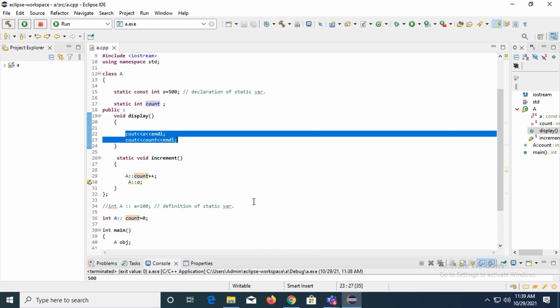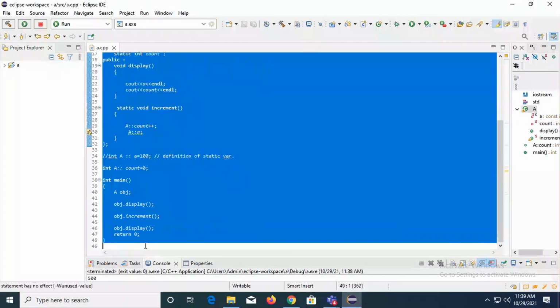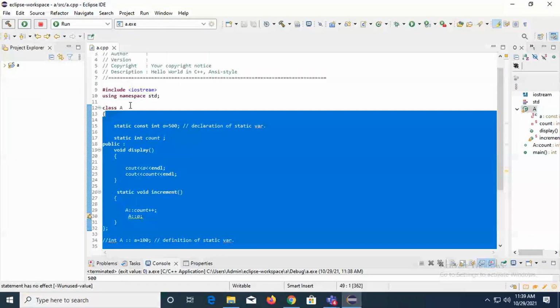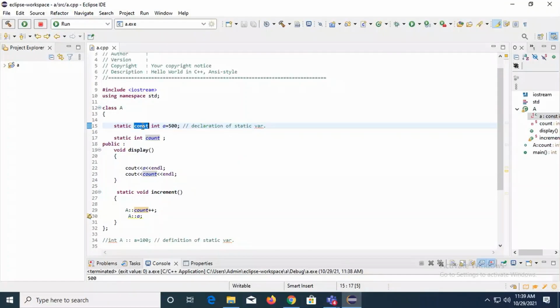A simple example of this, I tried to add here a static constant variable and a static variable. Remember, static variable का value आप change कर सकते हो. Fine, its lifetime will be throughout this class, this code only. Constant का value you cannot modify. When we talk about constant, it is a type qualifier. That means the value of the variable cannot be changed. It will be constant throughout your code.